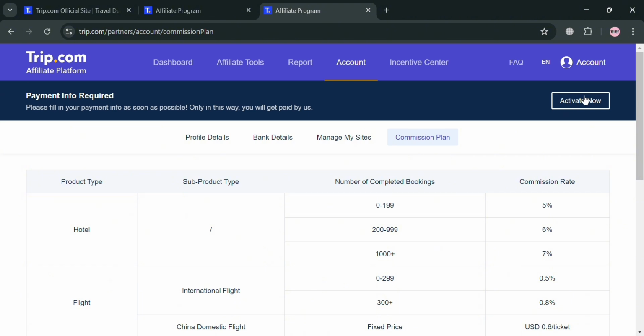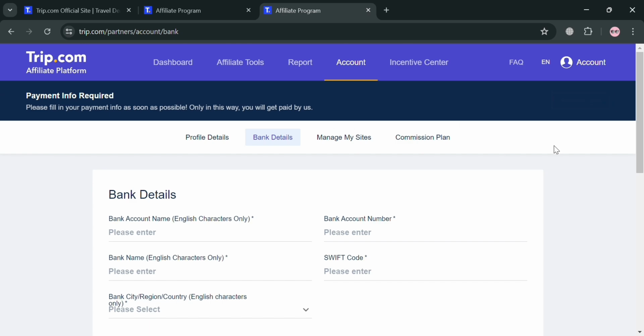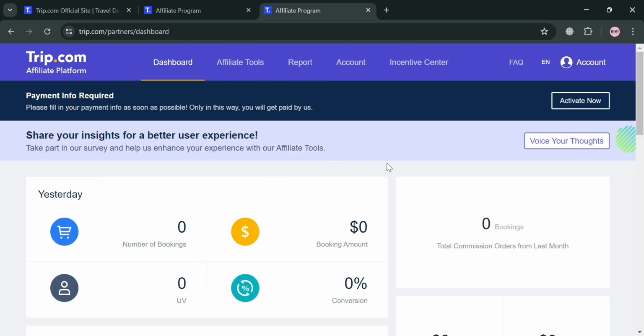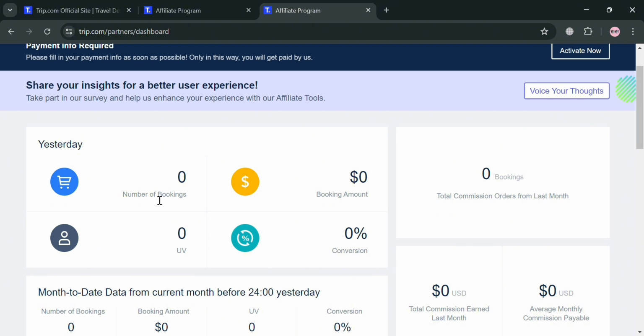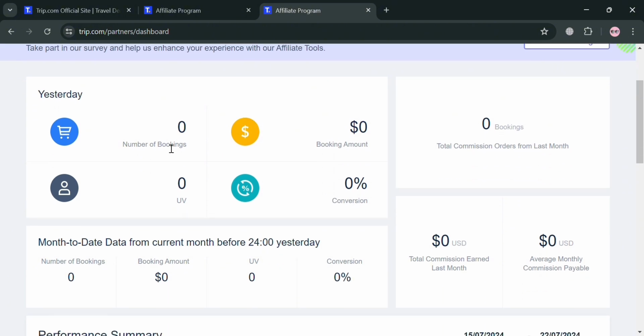But to do that, make sure that you also activate your account in here by clicking this Activate Now button. And after activating your account or submitting your application, you can now proceed by going to your dashboard, in which once you get accepted or you are eligible to be part of their affiliate program, you'll be able to see